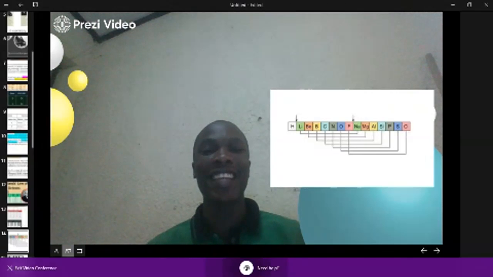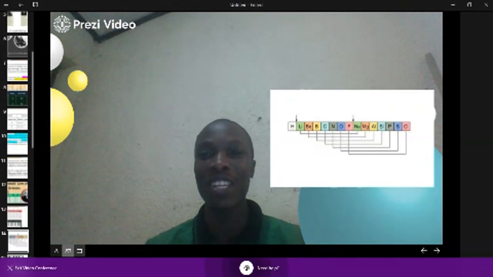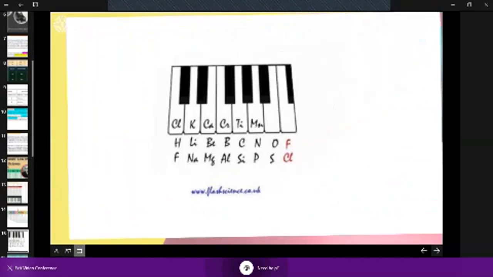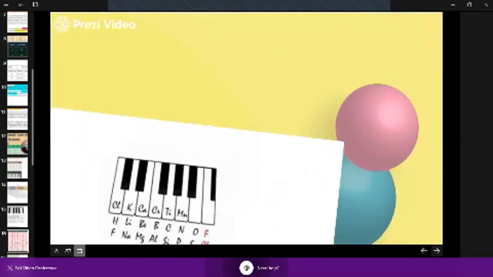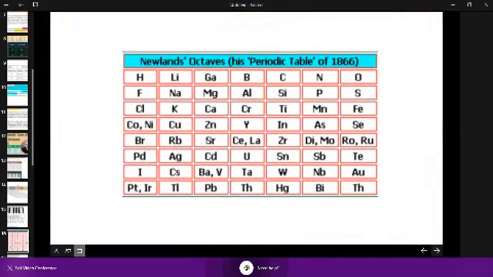So that was his idea, and then he had to take that idea to the scientists, and they had to look into his idea and find out whether it is really working out. So he actually compared elements in specific groups, but what were the difficulties? Let's look at the table that New Zealand came up with using the law of octaves. When you look at it, some of the elements were placed in more than one element, could be linked or placed in a specific group